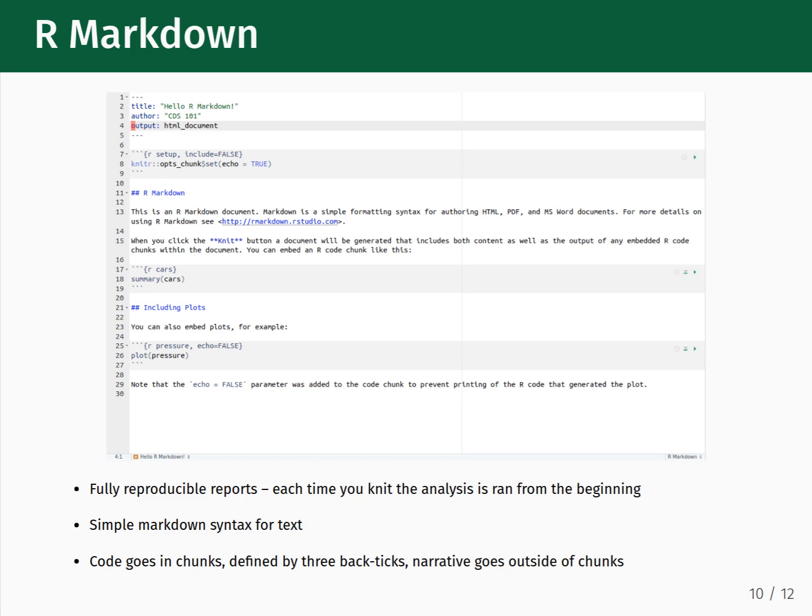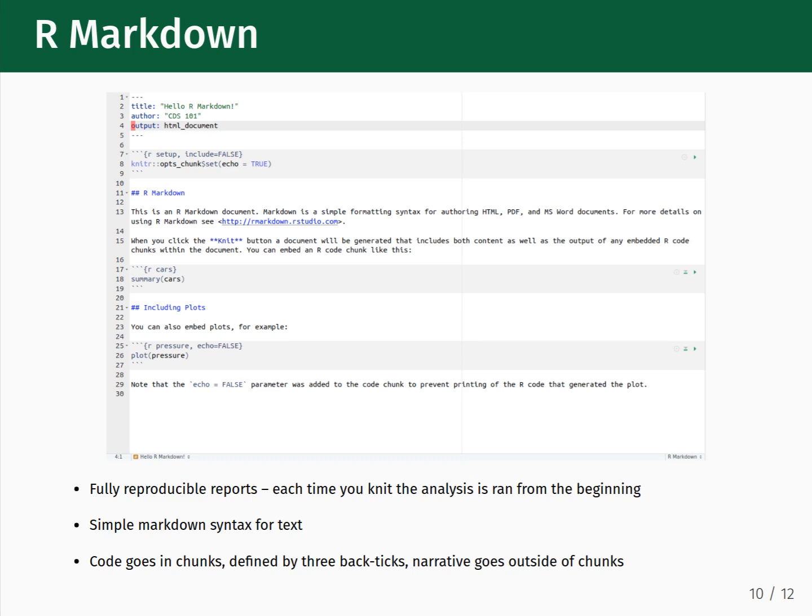A short example of what an R Markdown file looks like is displayed on the upper portion of this slide. R Markdown files are the medium that will allow us to write a fully reproducible report. We can use these documents to generate reports with nice layouts by knitting the document. Yes, you heard that correctly, knitting. There's historical reasons for why it's called knitting, but we'll skip over that story. Each time you knit the document, your code and analysis is run from the top of the document all the way to the bottom.